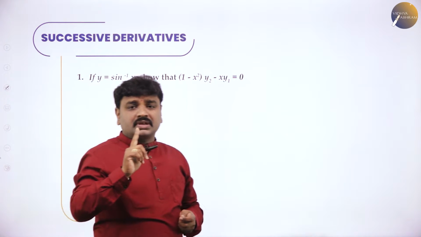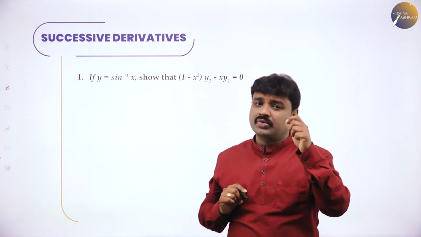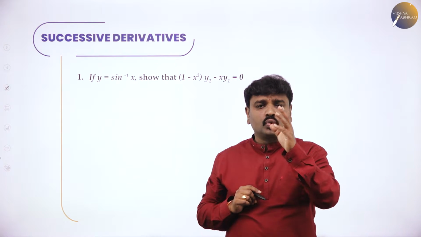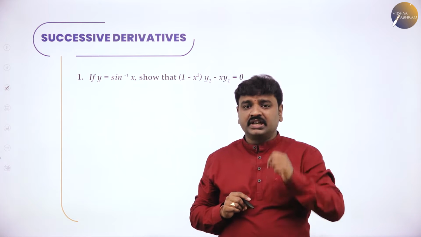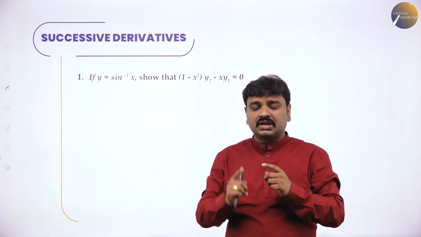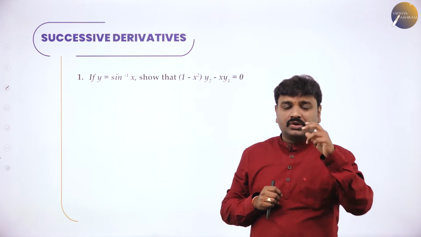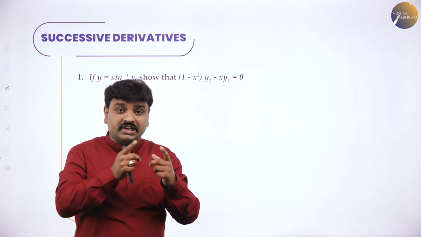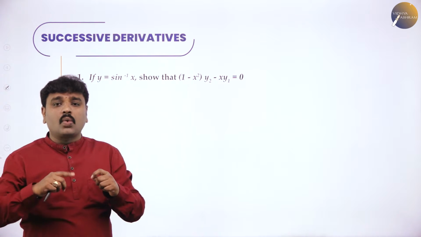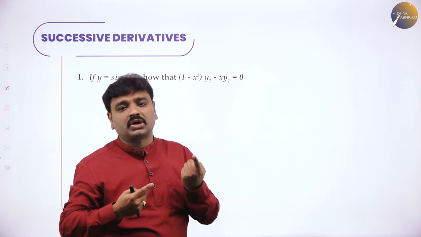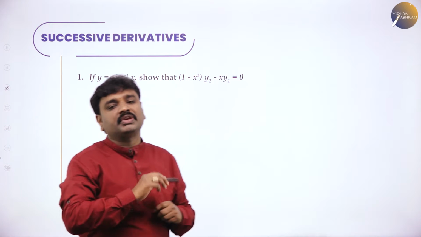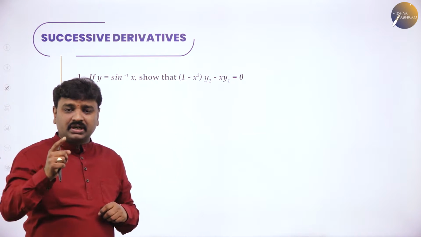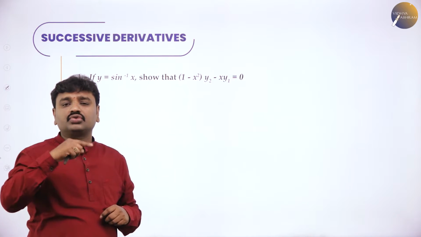Always remember, the first hint is you should be thorough with the inverse trigonometric formulas. What is the differentiation of sin inverse x? 1 by root of 1 minus x square. And the second hint is, whenever you have a denominator, convert it into a product. So if numerator by denominator form is there, make it a product of two functions. So you can avoid the quotient rule and apply the product rule. That will help you simplify the problem. I hope all of you understood. What is the hint? If you have a denominator, multiply it and make it a product and use the product rule.